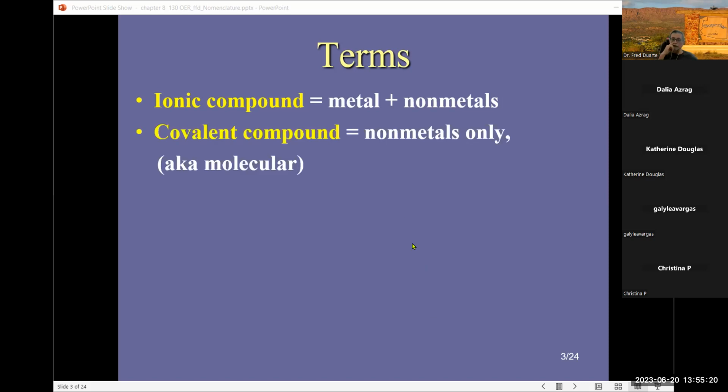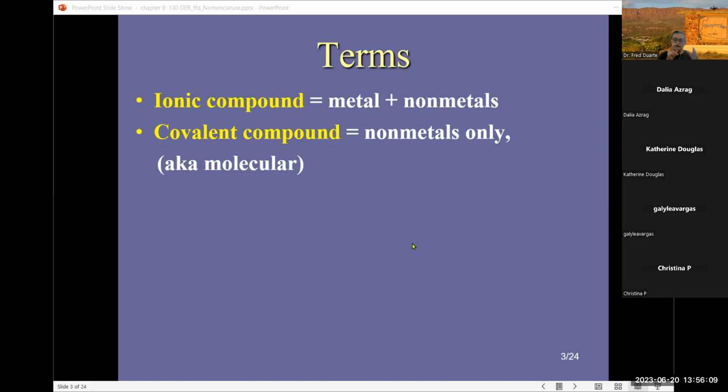A covalent compound, also known as a molecular compound, consists of nonmetals only. So you might want to refresh your memory on using the periodic table to determine who's a metal and who's a nonmetal. Recall that the stair steps are what you look at. The elements on the stair step are metalloids. Anything to the left of the stair step are metals, except hydrogen, which is on the far left in group 1A, and everything to the right of the stair step are nonmetals. So if we have a combination of nonmetals only, two different nonmetals, we have a covalent compound,